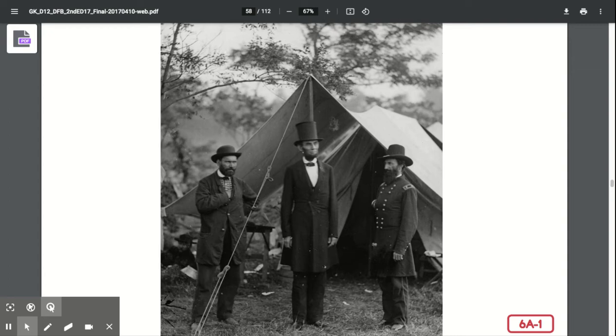Abraham Lincoln often wore a very tall hat, and they should listen very carefully to find out what President Lincoln had in his hat and why it was so important.